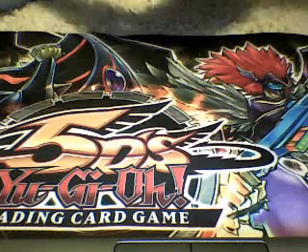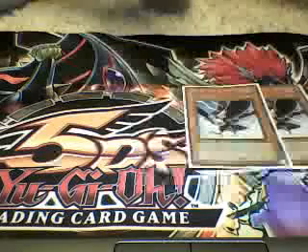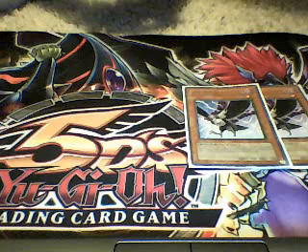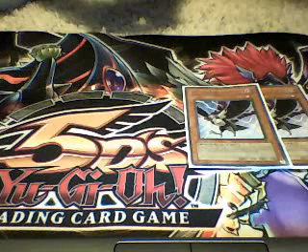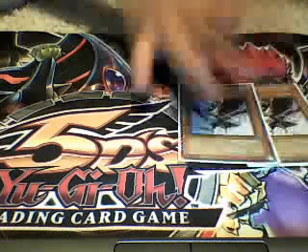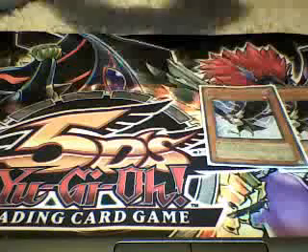Now, the first 2 cards in the deck are 2 D.D. Crows. D.D. Crow is pretty much outstanding against every meta deck, and all the meta over there is really Infernities, so this card works great. I mean, it's really self-explanatory. And then we have